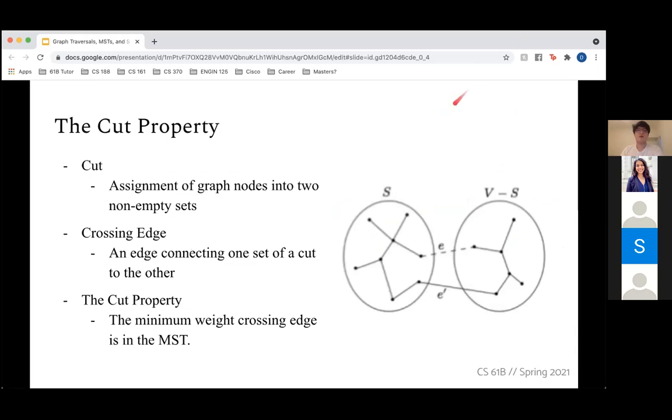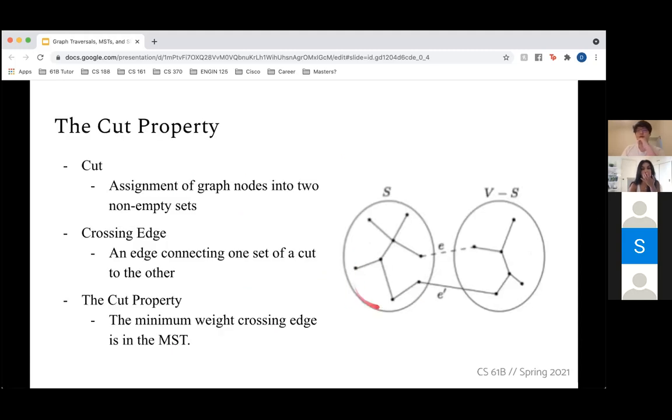So first of all, what is a cut? A cut is an assignment of nodes or vertices within a graph into two non-empty sets. This basically is a fancy way of saying I'm going to take some vertices of my graph and split them into two different categories. So in our example to our right, we see that we have this whole entire graph,